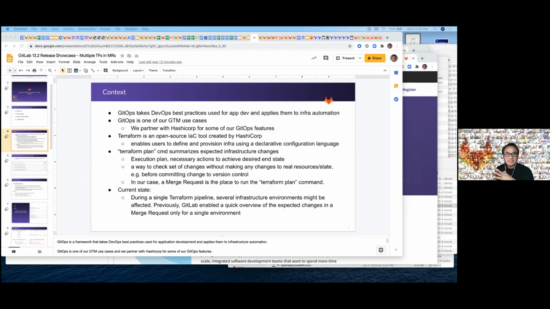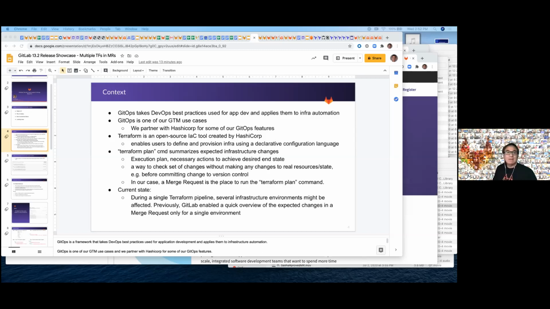This command is a convenient way to check whether the execution plan for a set of changes matches your expectations. You're supposed to run Terraform plan before committing any changes to version control. So in our case, a merge request is the place to run the Terraform plan command. So before 13.2,